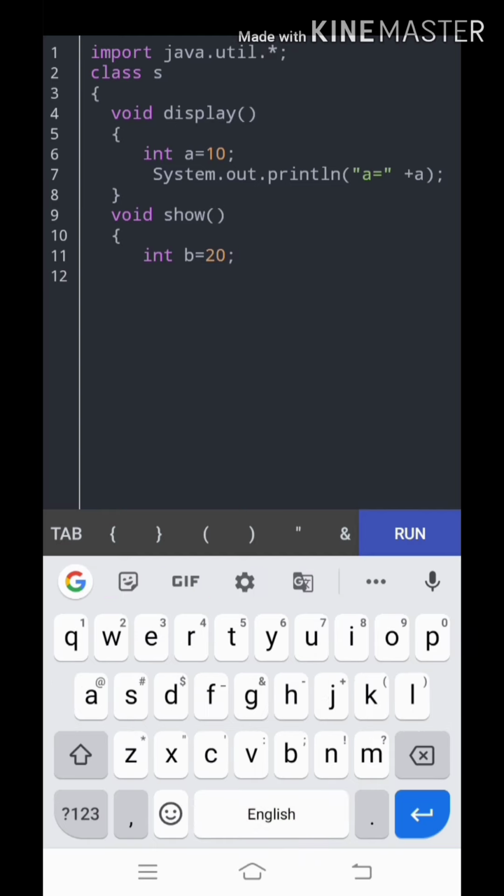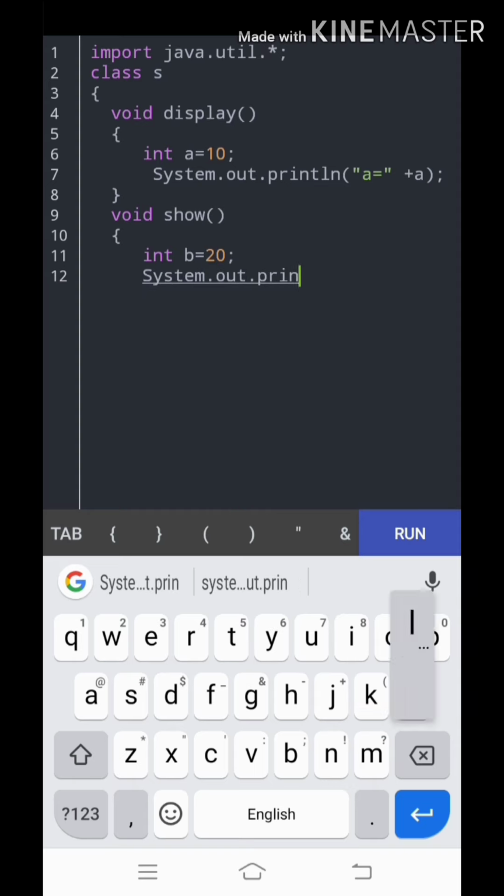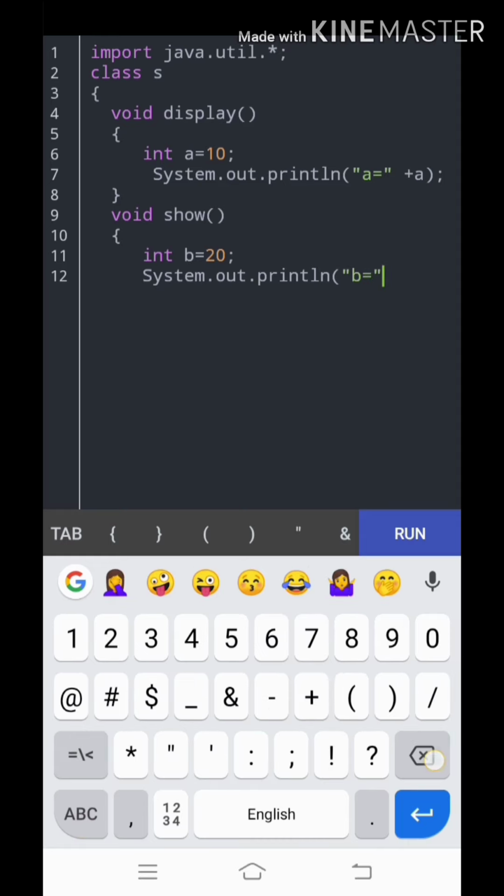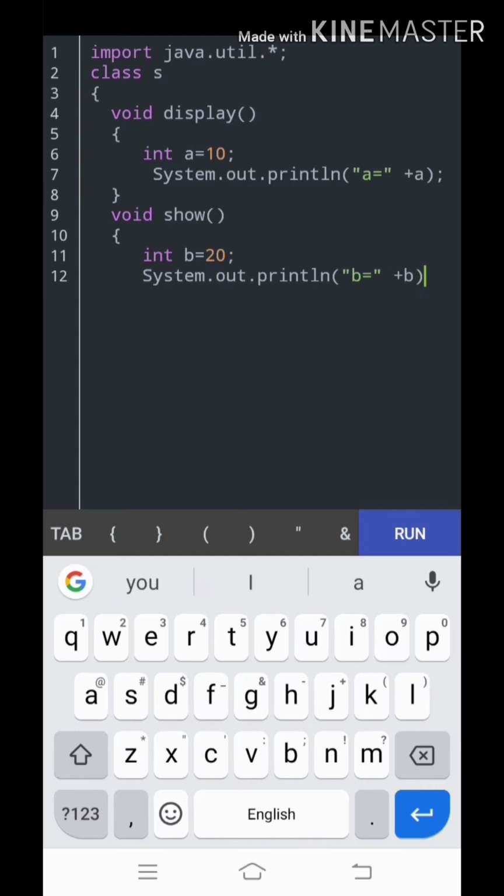I am going to print this: System.out.println("b = " plus b), using the concatenation symbol. Closing the System.out.println, and now I am closing this function.